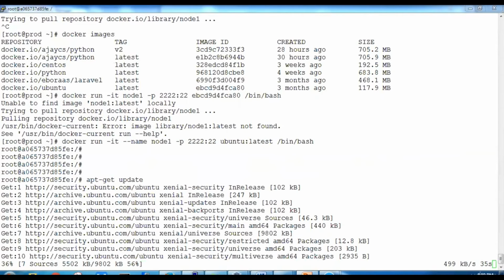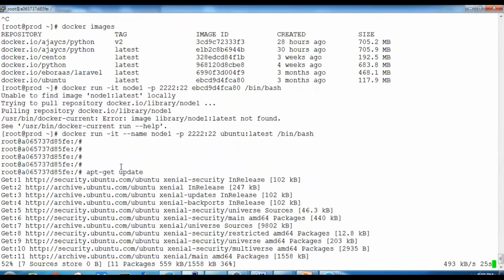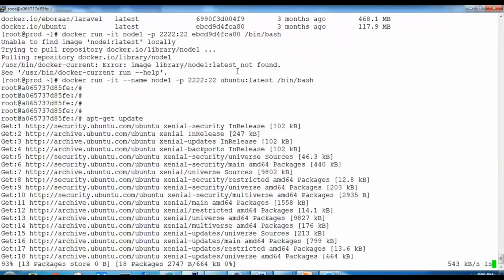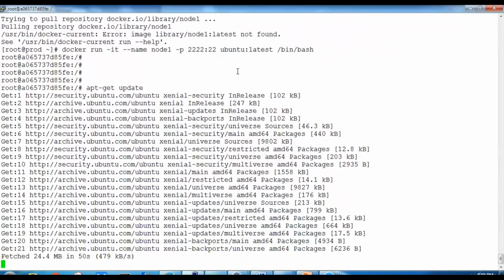So this will add the updates. So once we have updated, what we need is to check the IP address of this Docker container system, and after that we have to check whether the OpenSSH server is running, because we have exposed the OpenSSH server port, that is 22, on 4x2 on the Docker host machine. So this will take a few more seconds to get done. So we have to wait for a while.